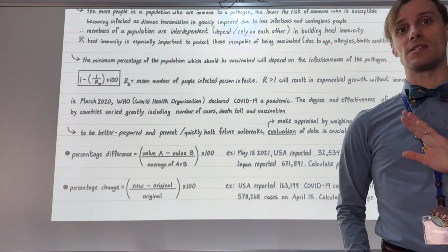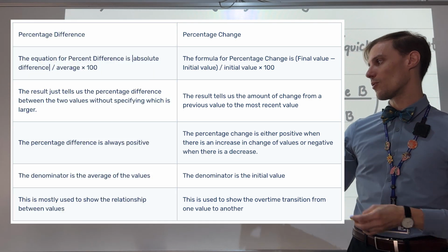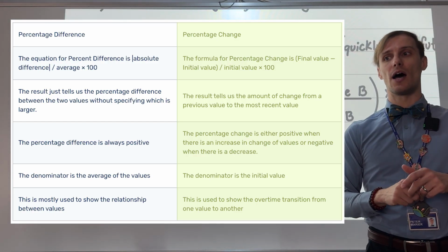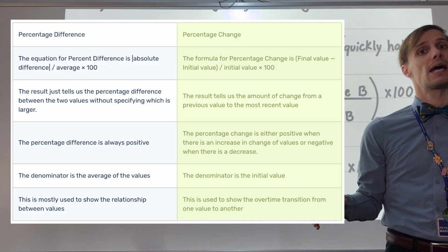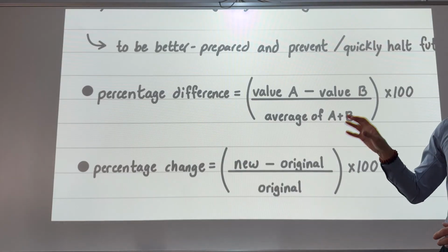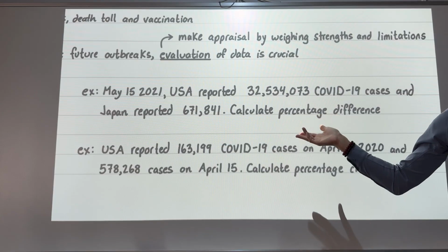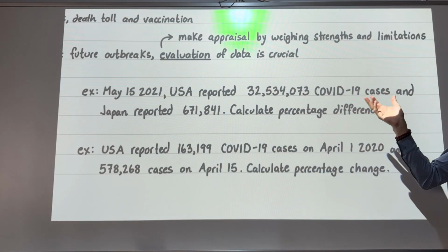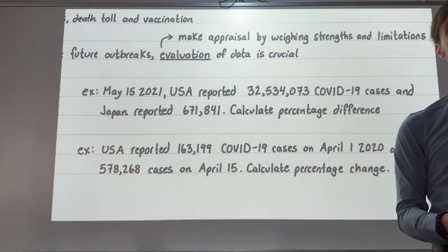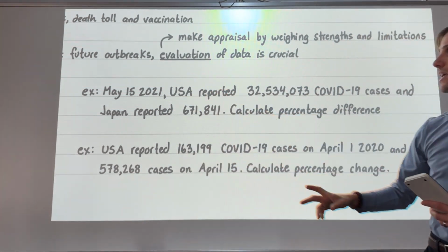So these are not the same thing. Percentage difference examines the difference between 2 different things, whereas percentage change examines how the same thing has changed from one point in time to another, or an old value and a new value. They're both going to be percentages, but they don't do the same thing. So let's examine both of these using epidemiological data. So I pulled these numbers from the CDC database, and let's practice calculating both percentage change and percentage difference. So in this case, May 15th, 2021, the USA reported